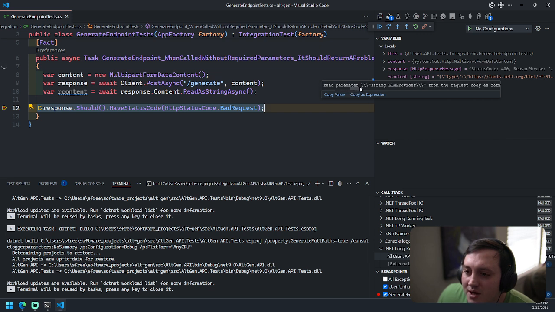Failed to read parameter string from request body as form. This form section has invalid content disposition value.